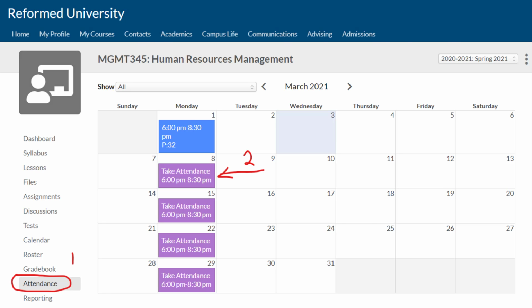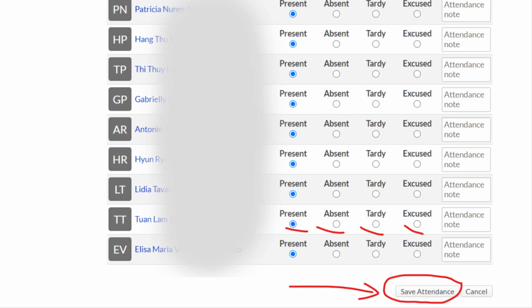When you click Take Attendance, you'll be taken to a list of students and you can see their names. You will see the options to mark them present, absent, or tardy. And there's also an excused option, which is used specifically for holidays and days when school is closed. You can put notes into attendance, and don't forget to click Save,